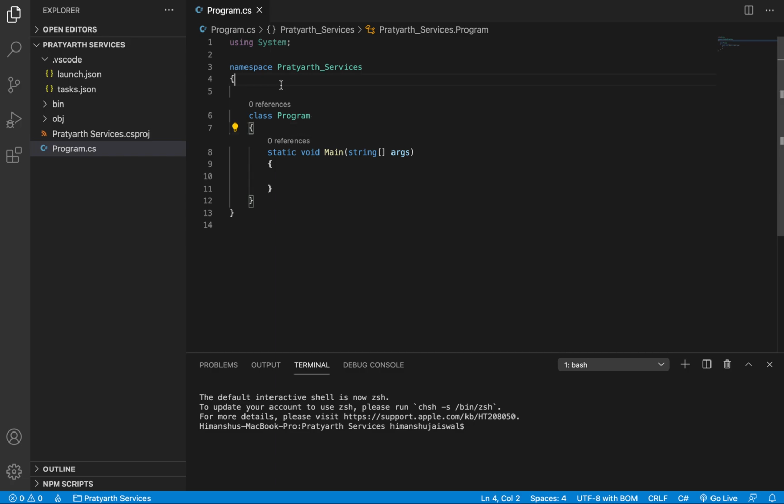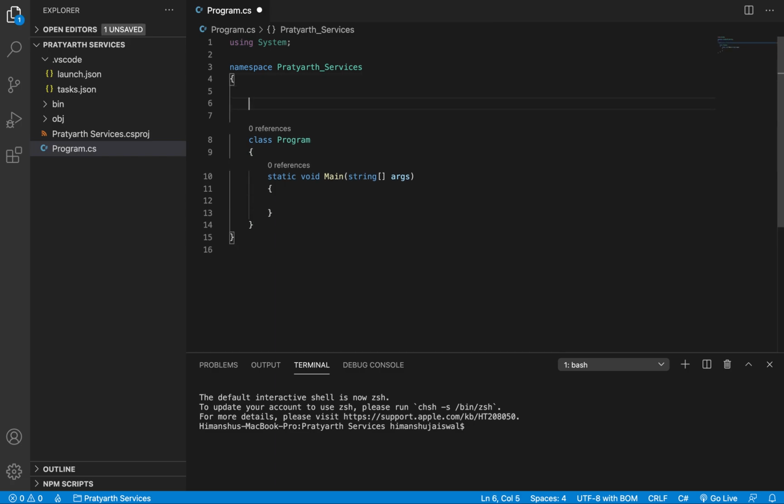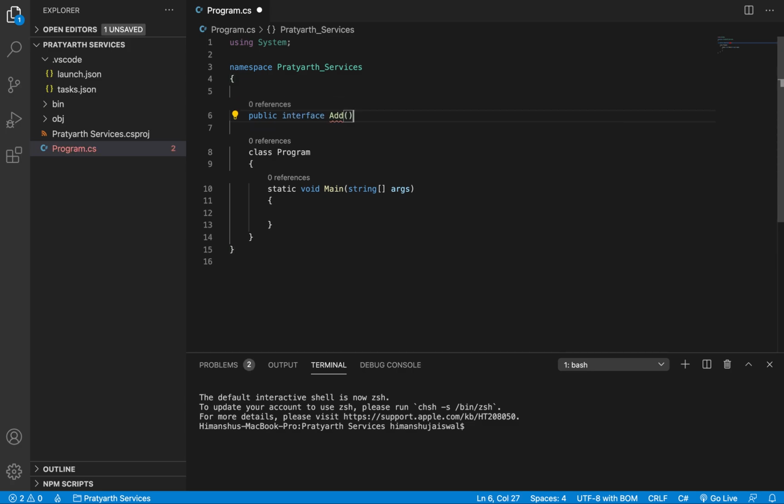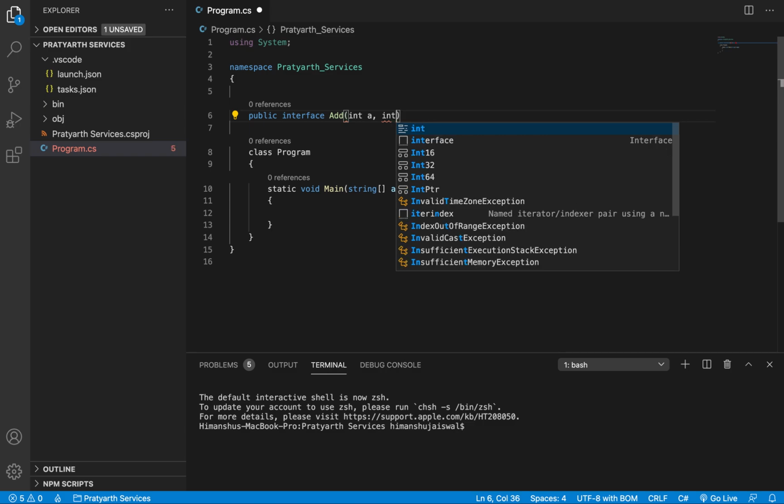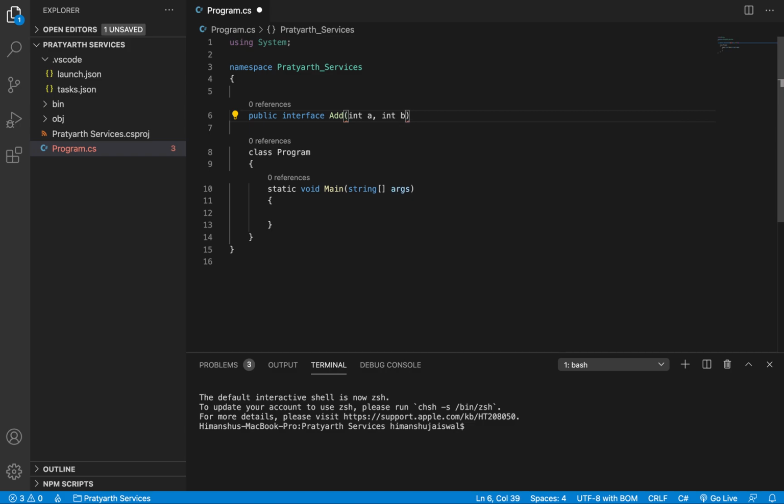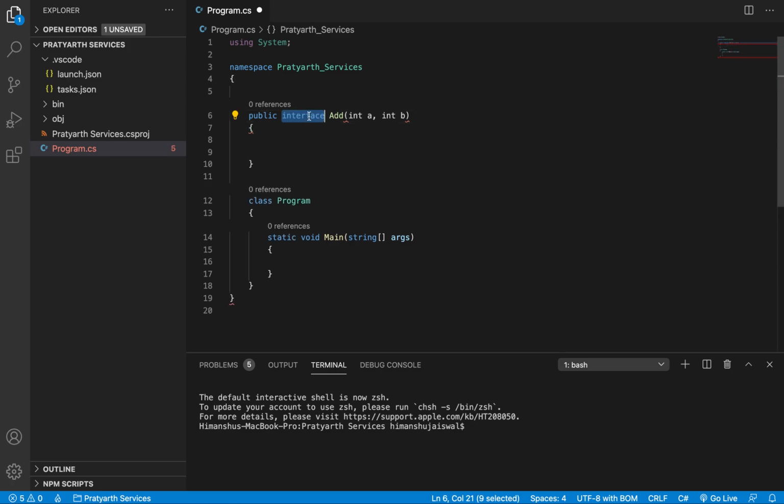Okay, firstly I'm going to show you one method. Let's say it's a public int add method, and it's taking inputs, firstly I will consider two inputs, like int a and b, and sorry, it's a public void.